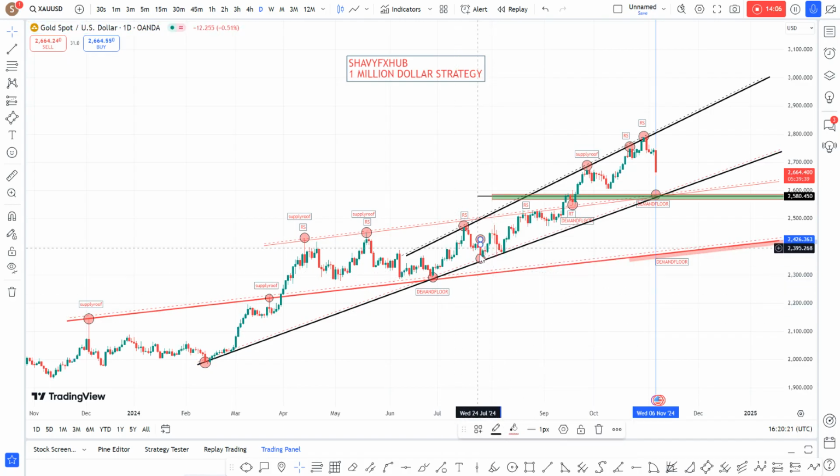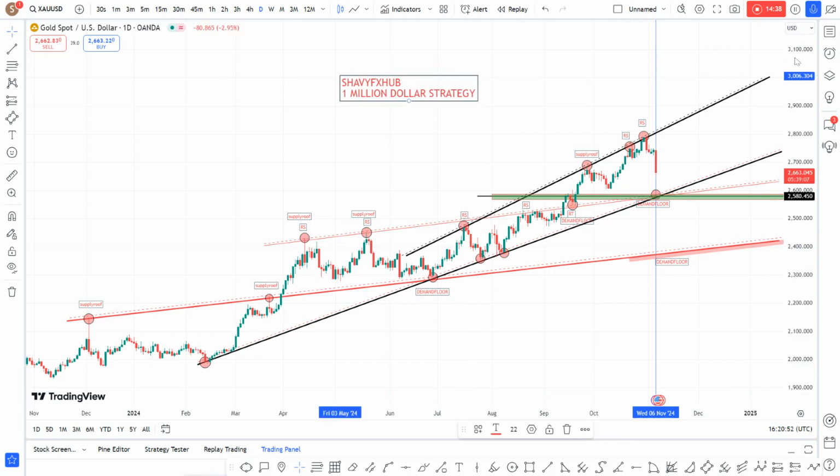So the fundamental analysis today took out all support structure. The market will fall considerably before it can pick up momentum. So what we see about to happen is that price will come down and test this level. If price comes down to 2,580, it will make it a decent time to look at buying. So this is all you have for XAU USD. It is fundamental analysis. There is nothing you can do.